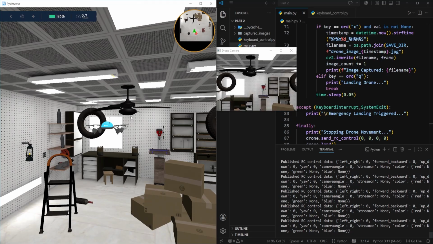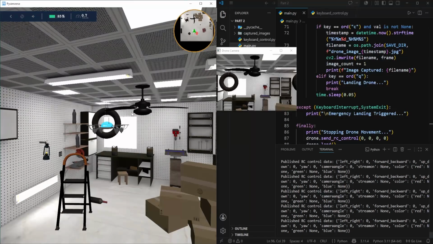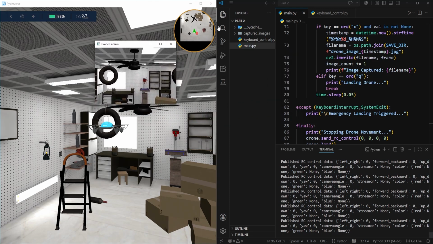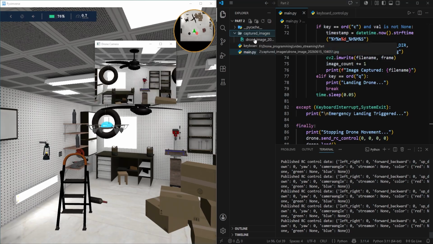To take the picture of this ceiling fan, here we need to select this window and press C on our keyboard. After pressing C, as you can see, it takes a picture. Now, if I open my directory, you can notice in my current working directory, it created a folder, captured images, because if this folder does not exist, our code is going to create it. Now, if I open this folder, here you can see the image, drone_image, and our image is saved with a timestamp. This is our current date and time,